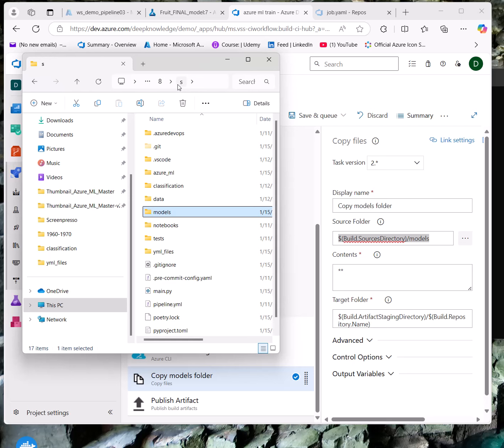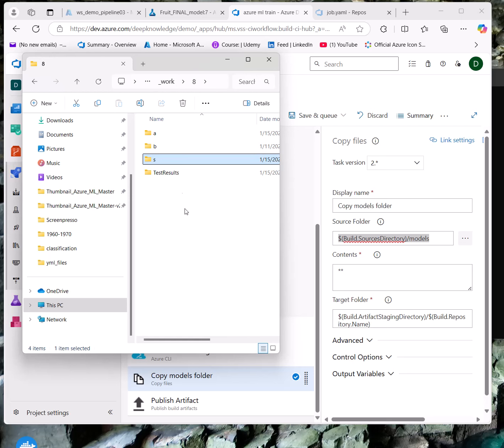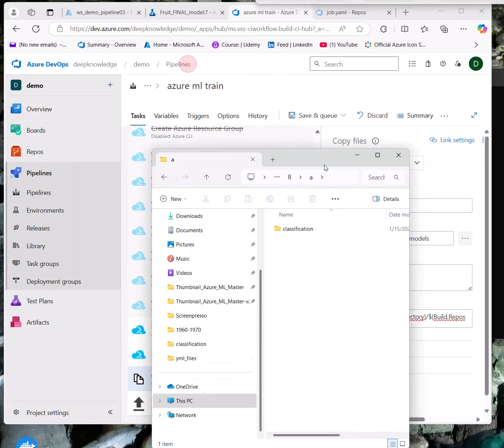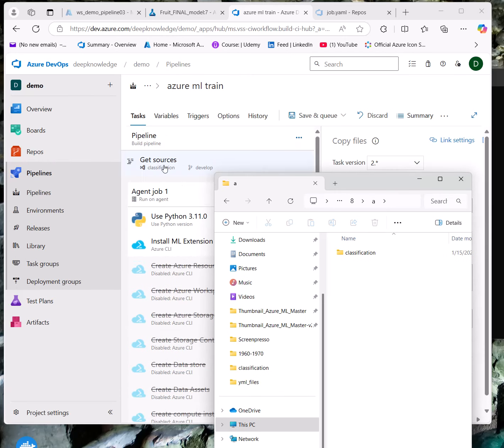Where are the artifacts? Go to this directory, and here are the artifacts. It will try to put it here under the repository name. For instance, my repository is called classification. You can see it here, classification.